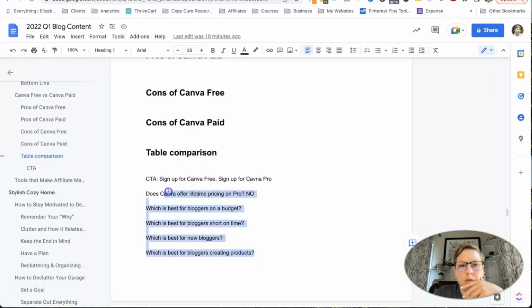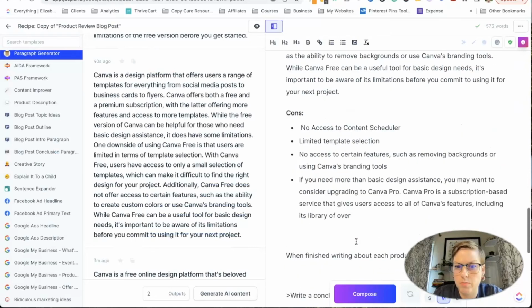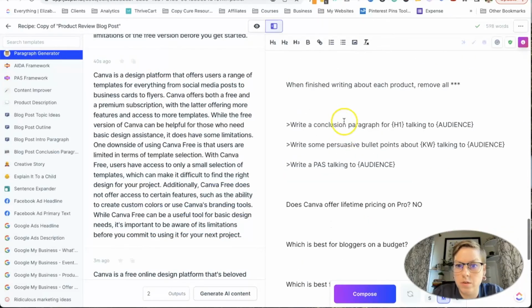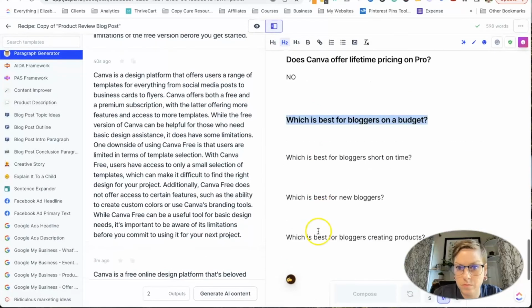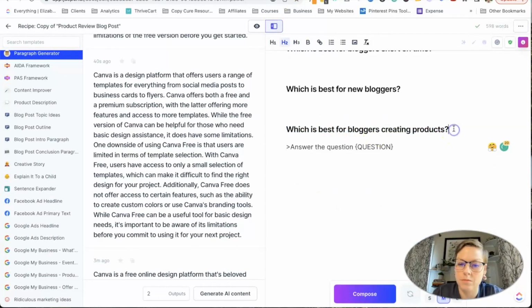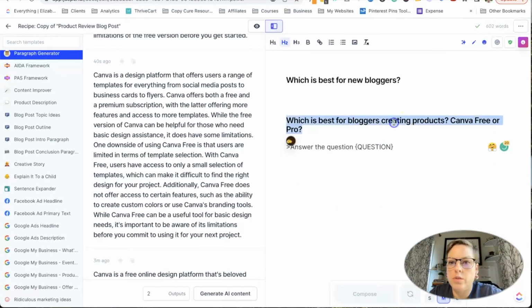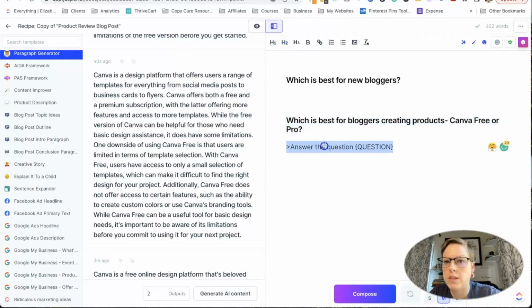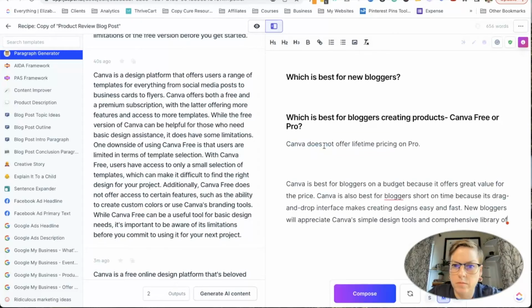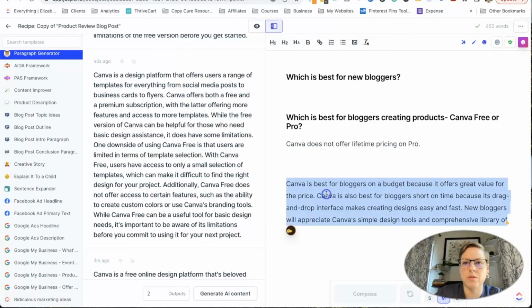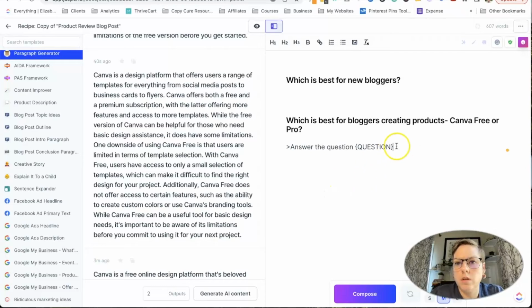So I've already got some frequently asked questions right here that I'm going to put in here. And I'm not going to keep that part in here, the Canva Free Pro, but I'm adding it so that this knows what I want it to answer. It gives it more context. Okay, that's not really giving me the answer I want. Oh, helps if I actually put in the question.